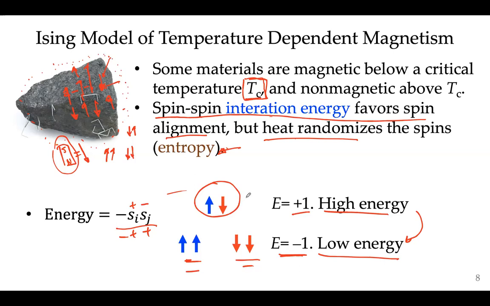So as we cool down, it goes from the high energy states to the low energy states. Of course, I just calculated for 2 spins, but you have to calculate it for all of the spins so that you can find the total energy. So for the total energy, there's going to be a sum here.